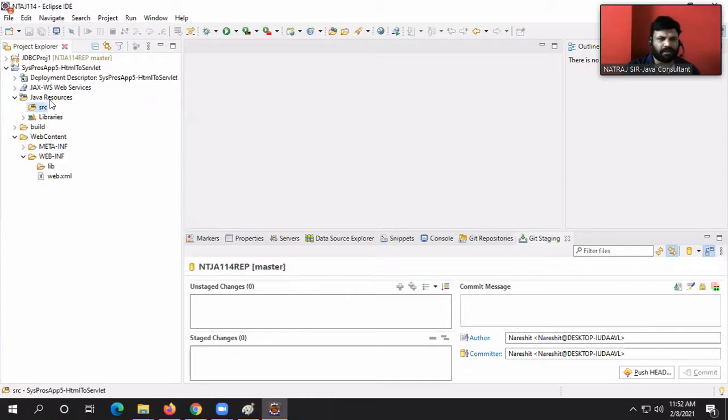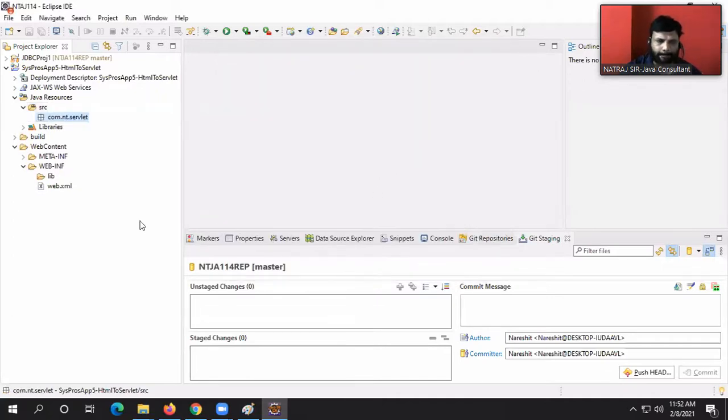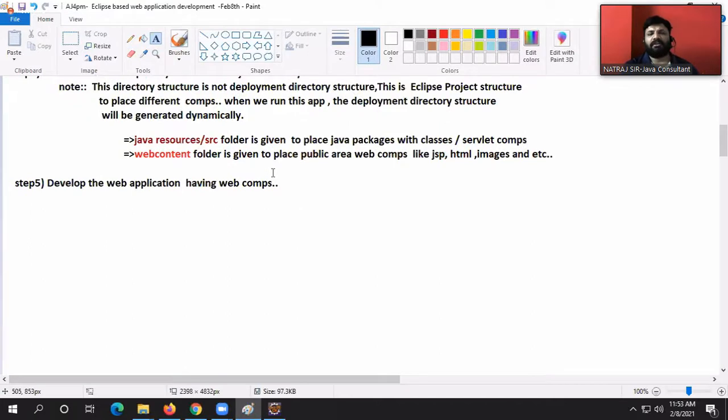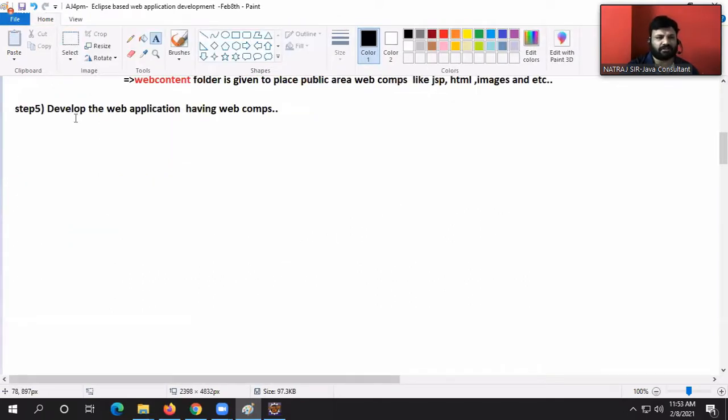New package: com.nt.servlet. Now I have to develop the application. What is the application we want to develop, guys? When we click on the hyperlink, it should give me all the system properties.